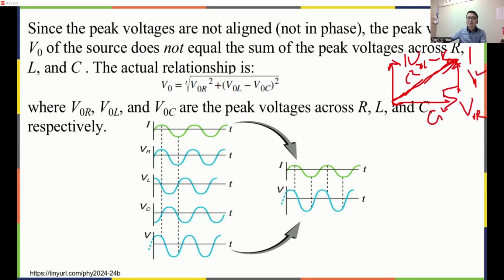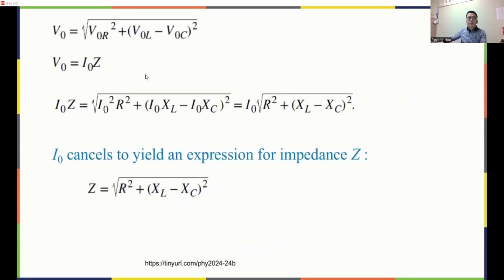Okay, so because the maximum value of the voltage on the resistor is either 90 degrees behind or 90 degrees ahead of the difference of these two. All right. So because of that, now also according to Ohm's law, or a similar expression to Ohm's law